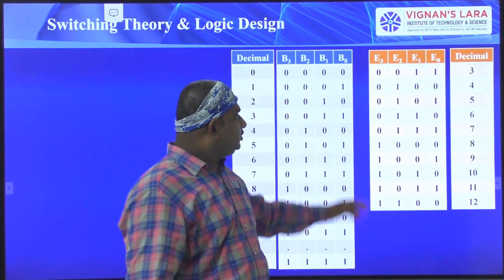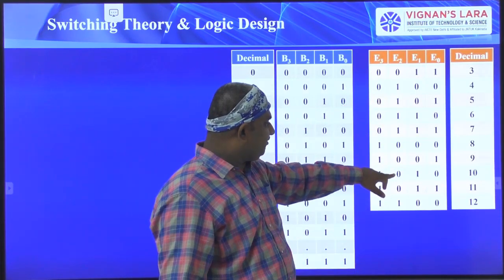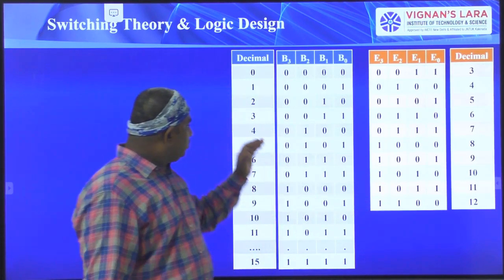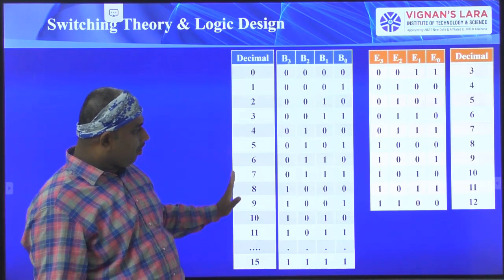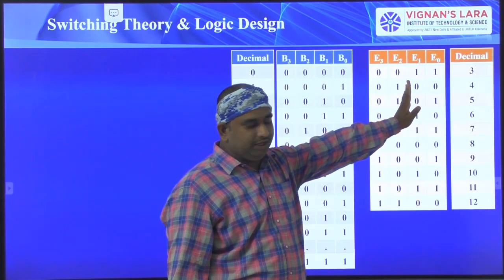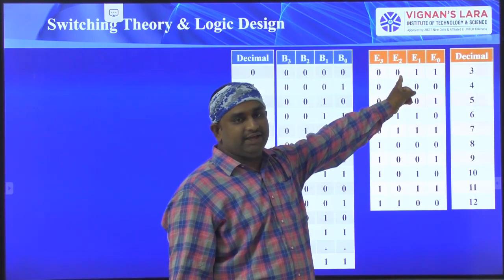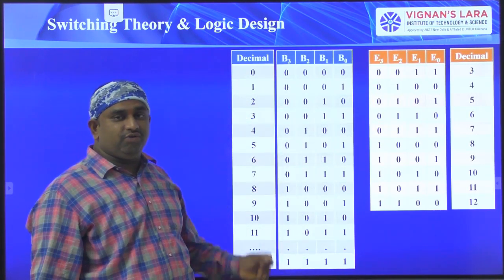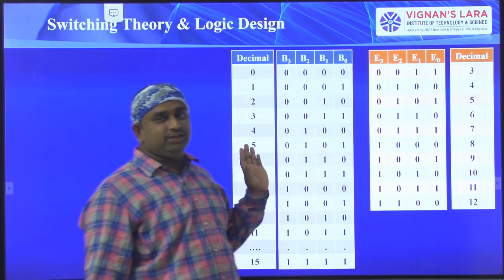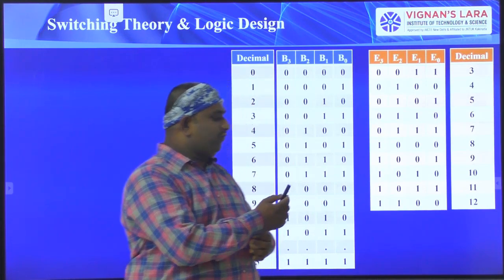So this is 0, 1, 2, 3, 4, 5, 6, 7, 8, 9. From 3 to 12 we have copied and placed here, and I am saying that this is the 0 value. This is the 0 equivalent of XS3 0011. Next, 0100 is the equivalent value of decimal 1. Like that I have represented here. But actually those are the weights of 3, 4, 5, 6, 7.